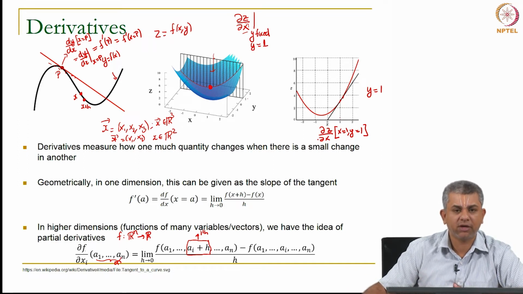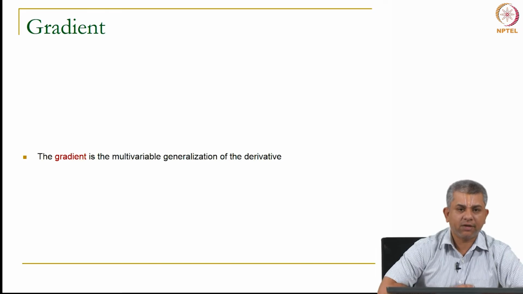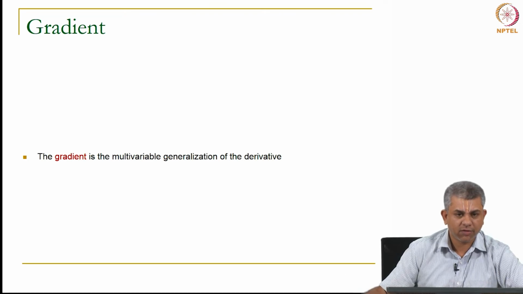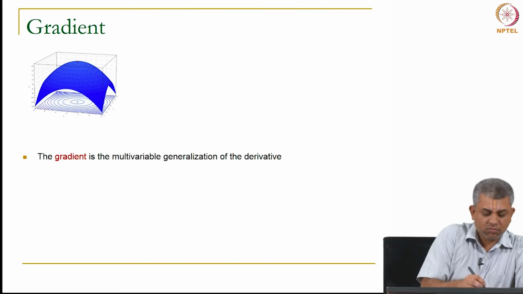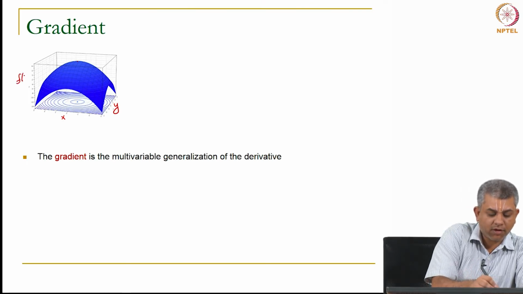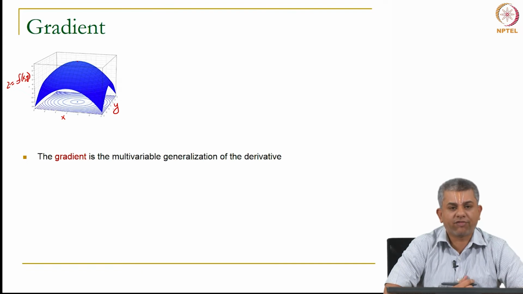Again, you should be familiar with this from multivariable calculus before. Now, we can generalize this idea of derivative to what is called a gradient, which we will be using very often. Okay, once again. So, let us say you have x, y and f of x y, you can call it z is equal to f of x y. Okay, so, you have a curve of this sort.